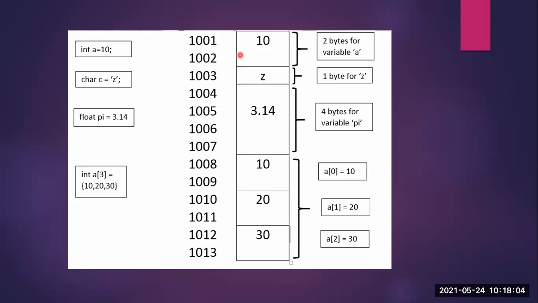These two blocks. See, we had a line here in between. Since we are now trying to understand how each data type is stored in the memory, we can see that when we declare a data type of type integer, two blocks need to be allocated. So these two blocks are allocated to the variable a, which is holding the value 10. So you can see here I've written 2 bytes for variable a.